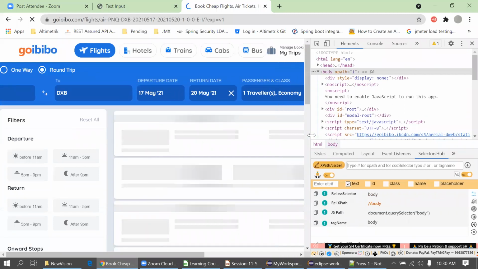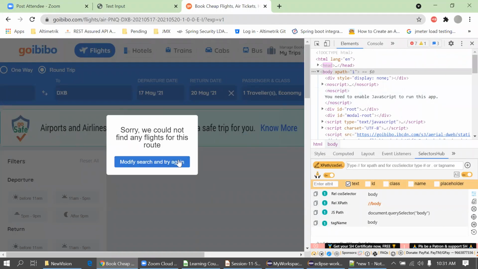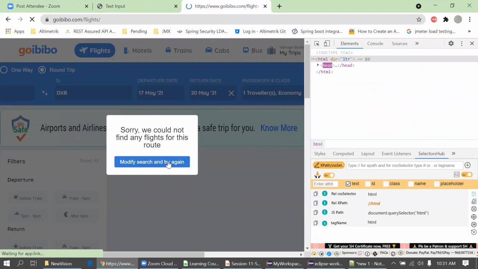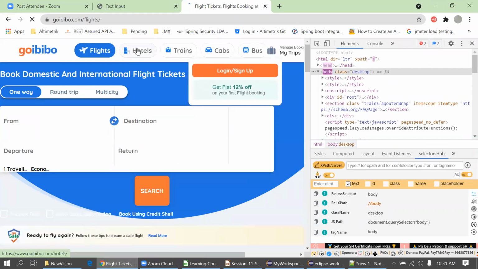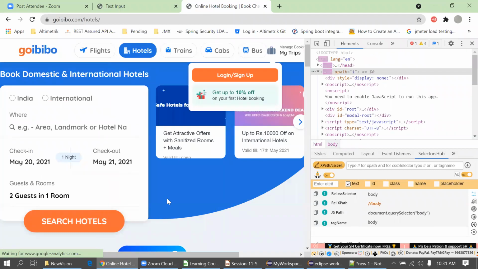In XPath, we should avoid the indexing, right? So I am showing the earlier XPath here. So this is indexing actually. We should not use this kind of thing in the XPath. This might go wrong in some cases if the development gets changed. Let me try for some more things here.